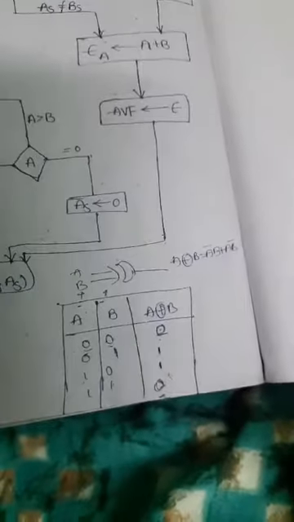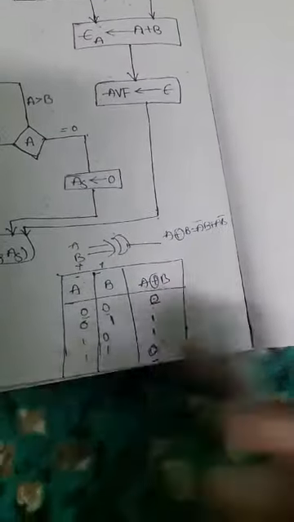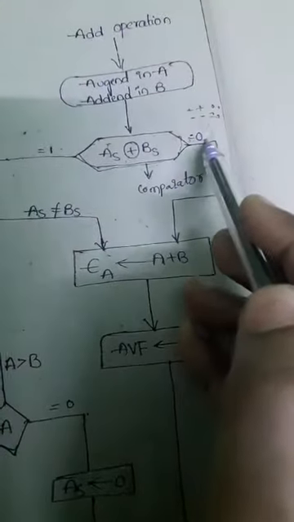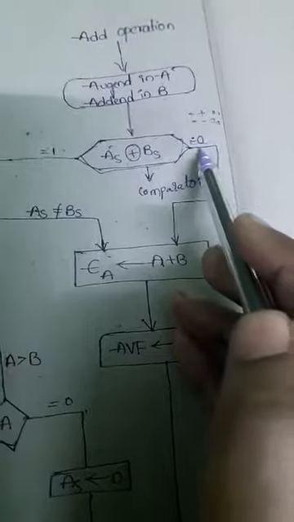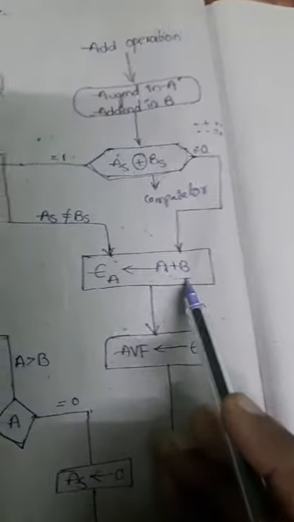So now we will add the two magnitudes. What is the result we are getting? The result will be 0, again 0. For 0 0 we are getting the result 0, and for 1 1, that means for positive 0, for negative sign also we are getting the result as 0. So that means A plus B. So the result will be, what is that? 0. So then it can perform the A plus B operation.